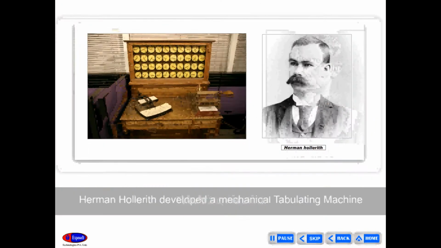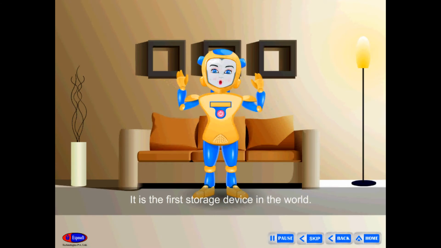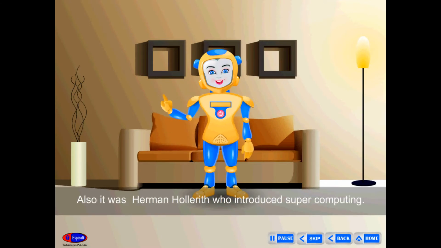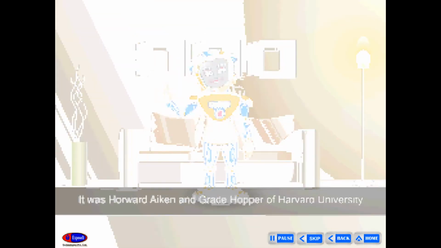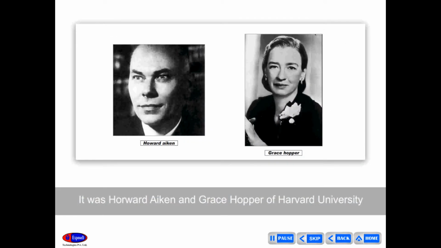Tabulating machine. Herman Hollerith developed a mechanical tabulating machine based on punch cards for input processing and data storage. It is the first storage device in the world. Also, it was Herman Hollerith who introduced supercomputing. Mark I. It was Howard Aiken and Grace Hopper of Harvard University who designed Mark I, the first programmable electromechanical